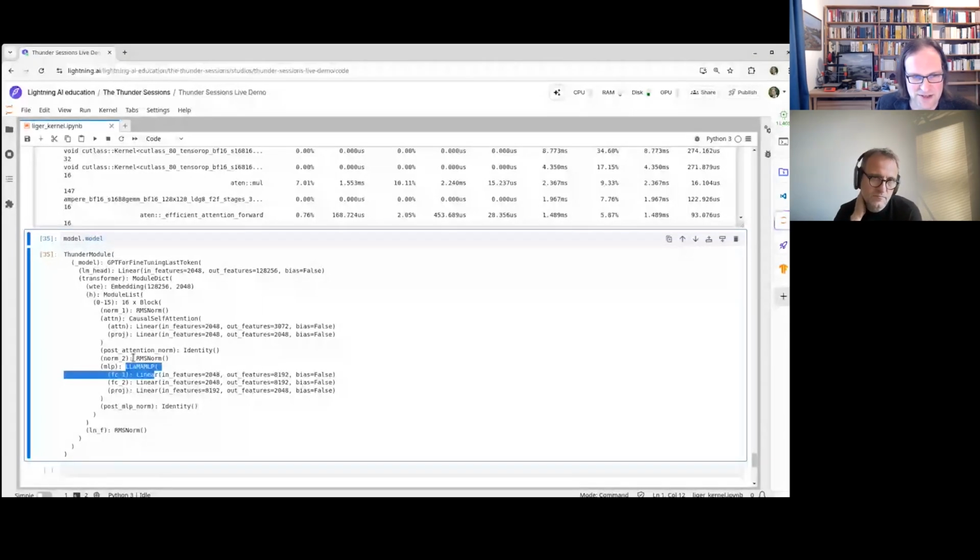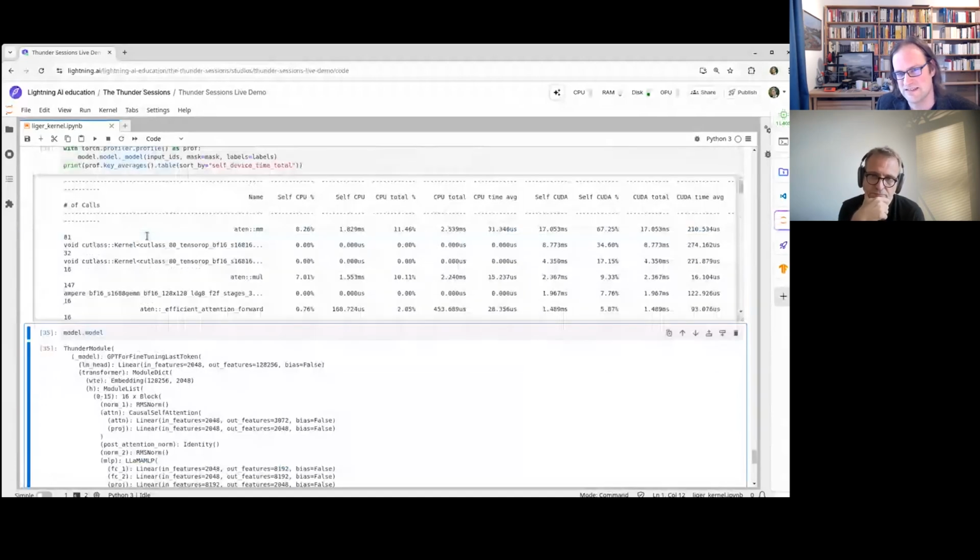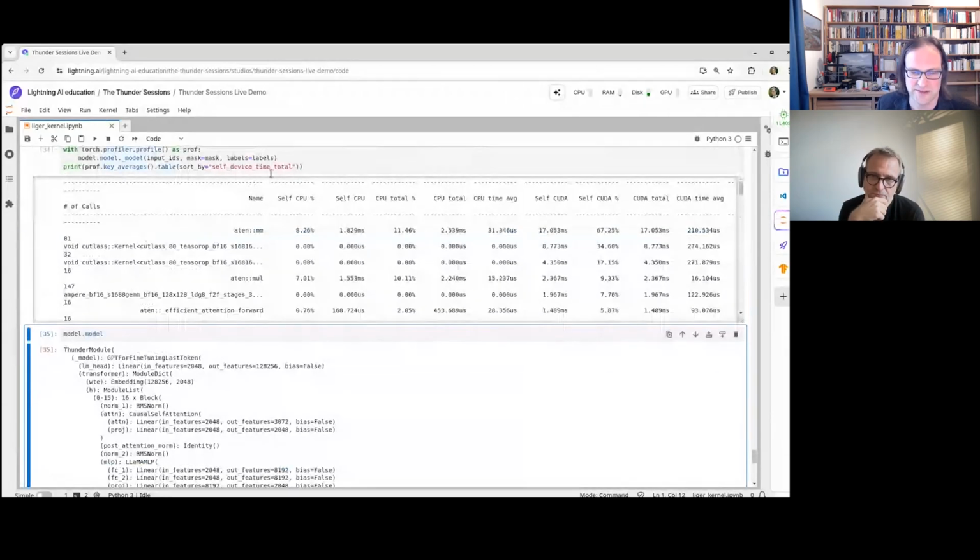And then you have the llama MLP and another norm here. So somewhere here we're getting slower, and it might be either in the final bits, or in the MLP, or in the attention part, or in the norm. And which it is, we will have to figure out.